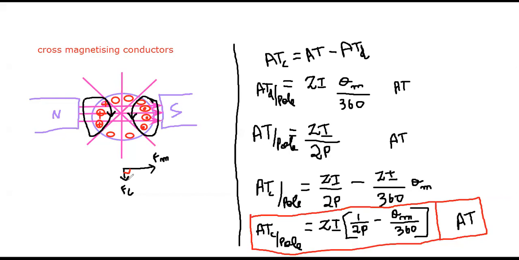So how can we eliminate this cross magnetization effect? What we are doing here is, this region is said to be the pole tip, and this region is also the pole tip. With respect to this pole tip, we are making slots here. That is nothing but the compensation winding, which we discussed in our previous section. Here we are going to place conductors.